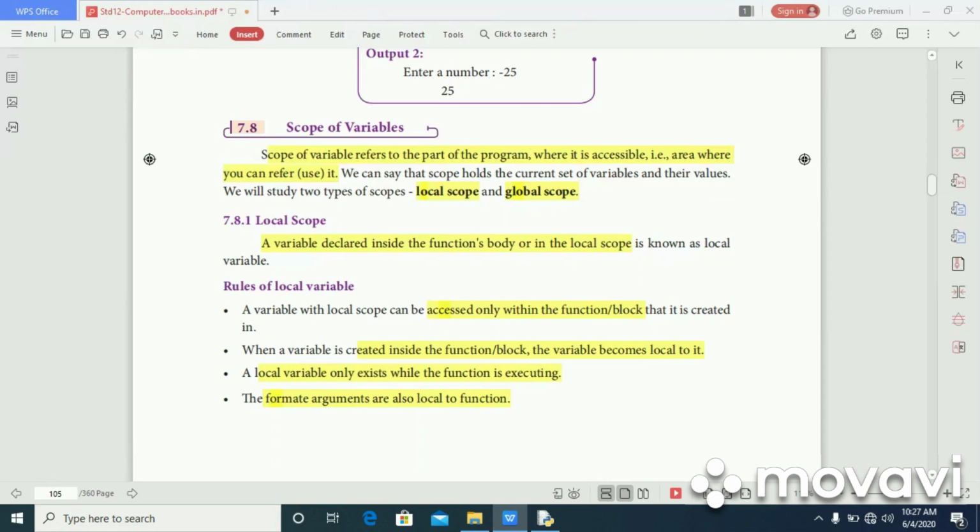When a variable is created inside the function or block, it is by default a local variable. A local variable only exists while the function is executing. And next, the formal arguments are local to the function.